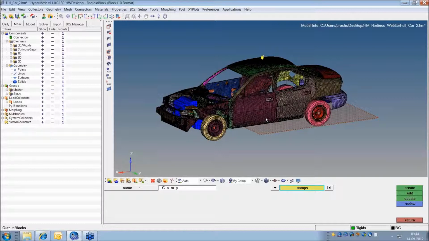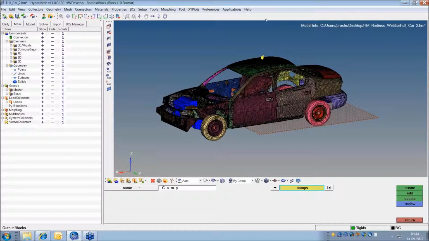The reason is, when you run your analysis, you can see the global energies, and if you have any discrepancy in the global energy, let's say your hourglass energy is very high, you will understand that it is high from the global energy, which is the output you get by default. But you will not be able to understand in which part the hourglass energy is high. If I have included all the components in the output request, then I can plot those energies part-wise, catch the part which has the issue, and take the proper action for that.